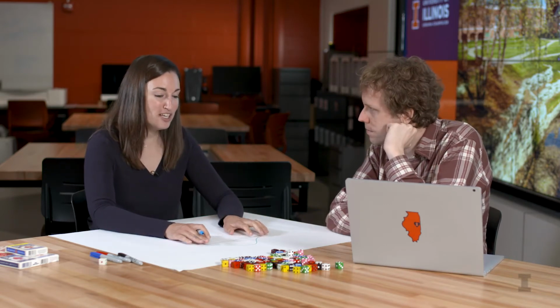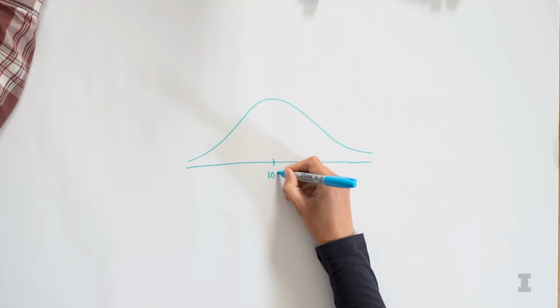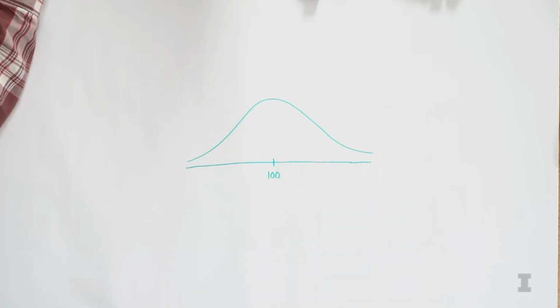But like Wade said, the normal curve appears a lot. A lot of data is what we call normally distributed. And the nice thing about the normal curve is that we can use it as an approximate histogram for data that's normally distributed. So if we think about IQ scores, for example, IQ scores in general are a data set that is usually normally distributed, centered around 100. So that's the average IQ score.